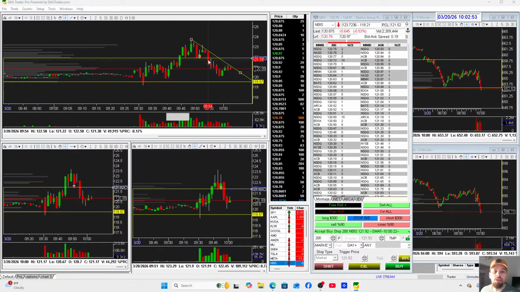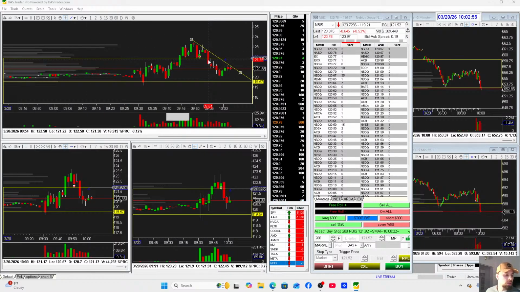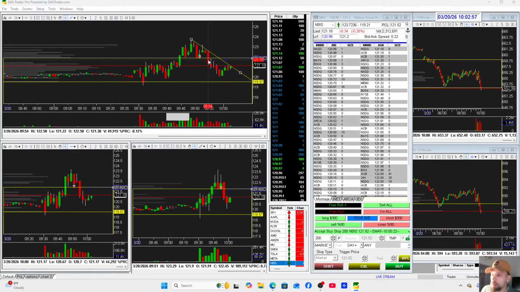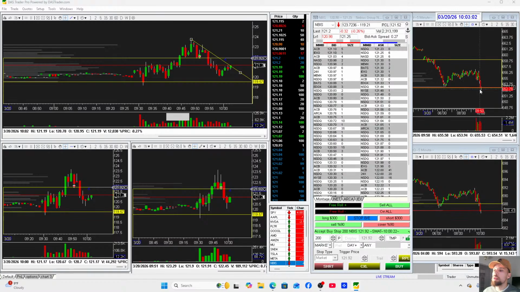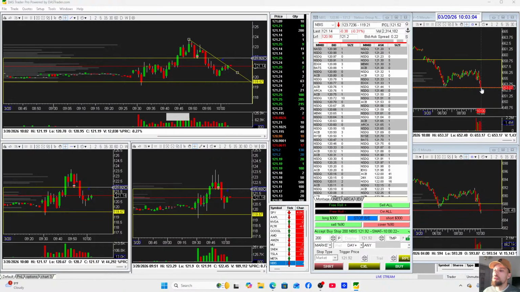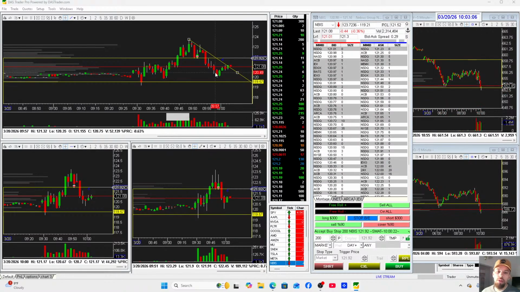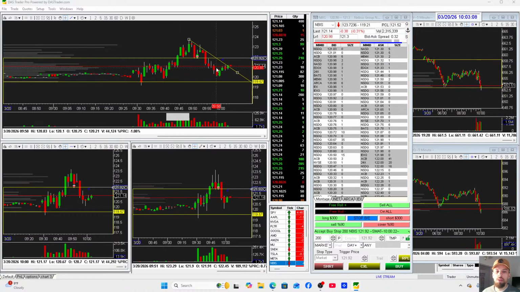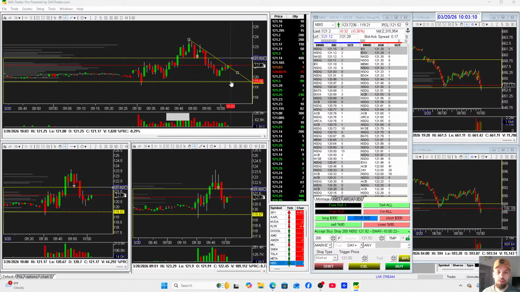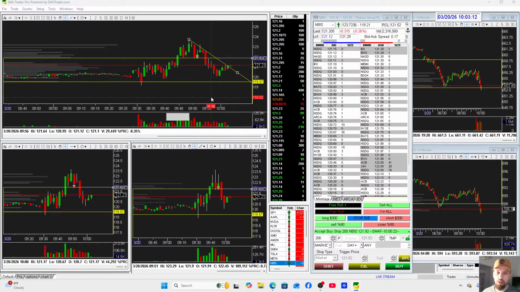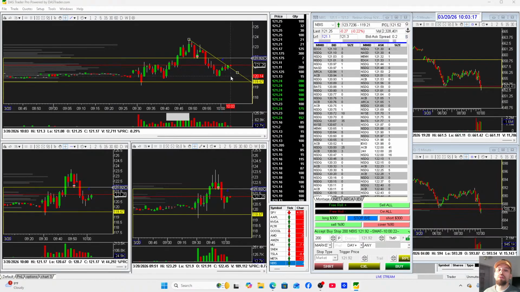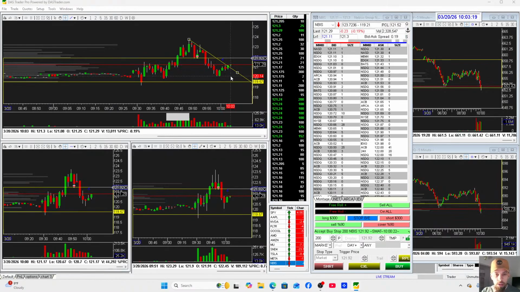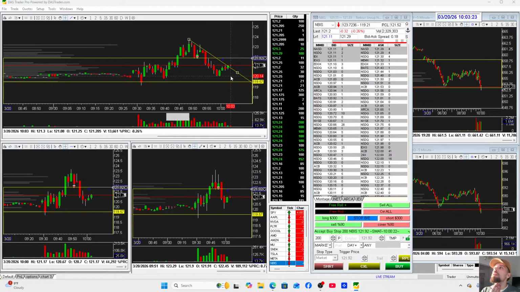Alright, let's see if we can respect this trend line here. That would be great. SPY, squeeze out all the longs down here. Seems to try to be finding some support right there as well. So far it doesn't seem to really care about this trend line that I drew. I want to see if that would be